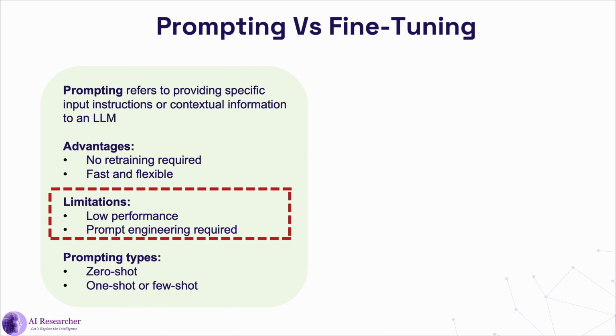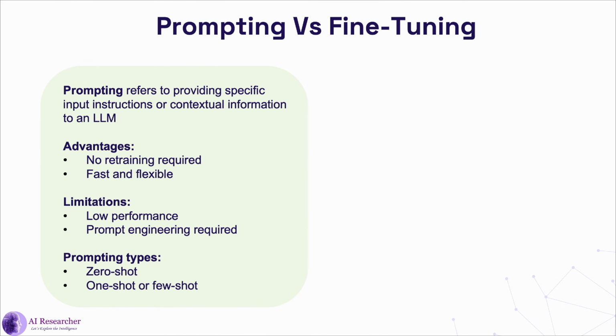With that, we can also see some limitations. Limitation in terms of performance: it is low in performance. The model is controlled by pre-existing knowledge. So if the model is not trained on a certain task or domain, it may give you false answers, so it may not perform as you expect. Then prompt engineering is also required. So creating effective prompts is very important in this case. It requires a number of experiments,